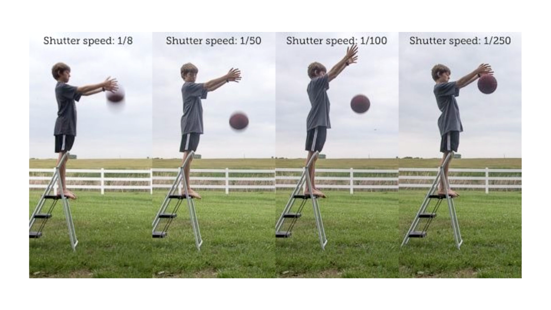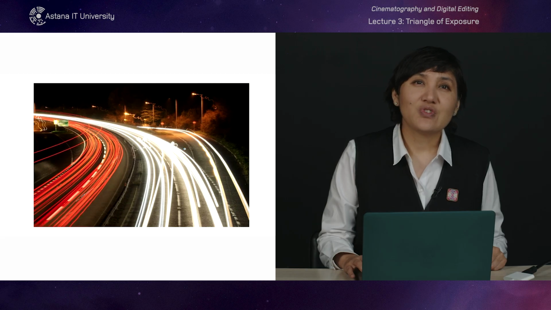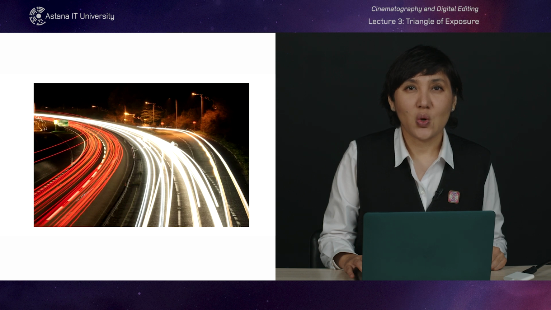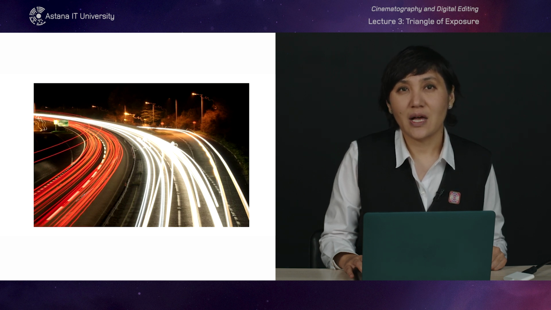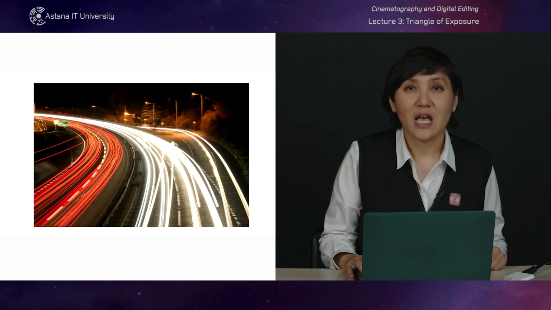In low light situations, you may need to use a slower shutter speed to allow more light in, but this could also increase the risk of blur without stable support. Using extremely slow shutter speeds produces long exposure shots, such as light trails or smooth water effects, but requires a tripod to avoid camera shake. Understanding shutter speed is essential for capturing both still images and motion in video, where the choices of shutter speed can dramatically influence the feel of the footage.